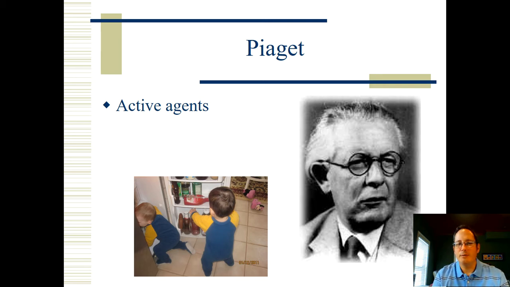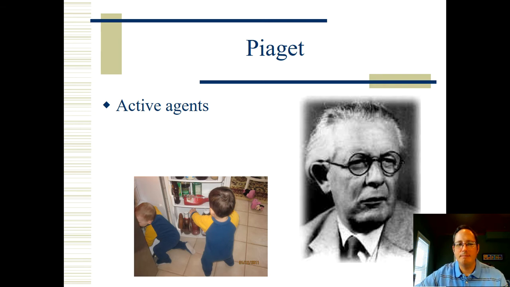I remember there was a commercial not too long ago that showed a child getting out some orange juice from the refrigerator and then trying to pour a glass of orange juice, but of course succeeding in pouring about 3/4 of the whole contents on the floor, getting a little bit into the juice glass, and triumphantly taking the juice glass and leaving the mess, of course, for their parents. Quite amusing. And that goes into the active agency that Piaget is talking about.